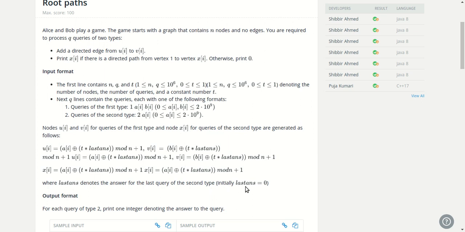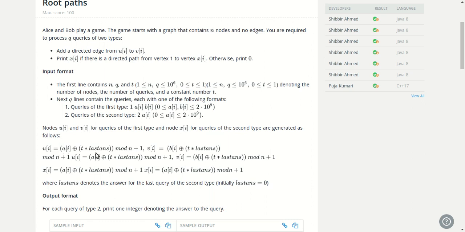Last answer can be a vertex value or a 0 value, and initially last answer is 0. So the first time we calculate, last answer will be 0. We multiply t, the constant number given above, with last answer, do an XOR with ai, take a mod with n, and add 1. That's all we need to do.